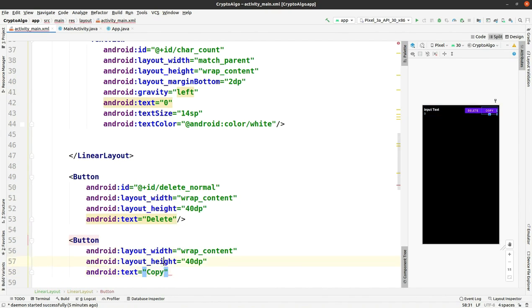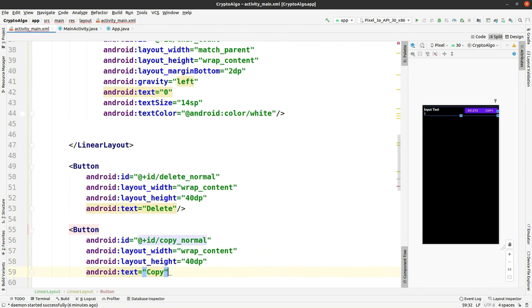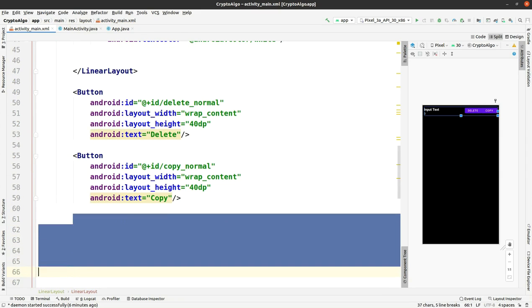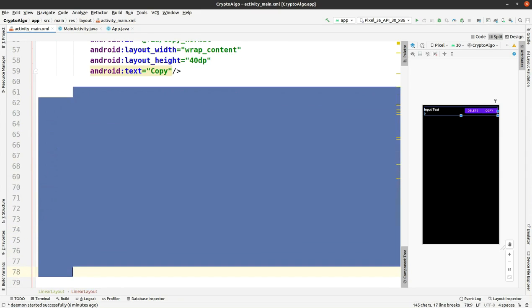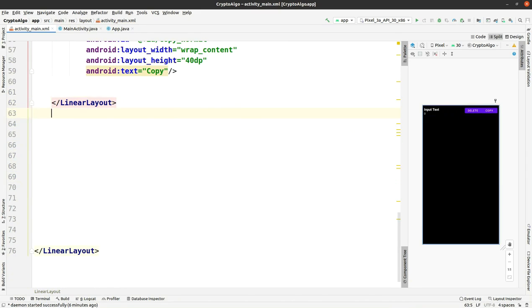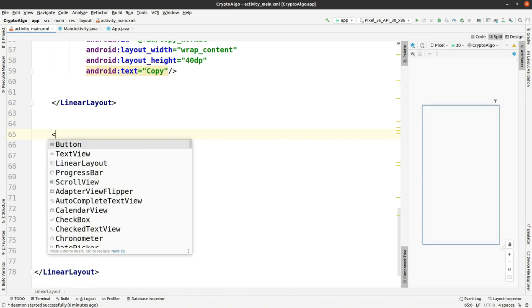So what will be the button text? It is copy, and the id is copy_normal. After that this button is also completed, and we are going to remove this extra space here. I hope you are seeing the code rightly, and then we are out of one more linear layout, and now